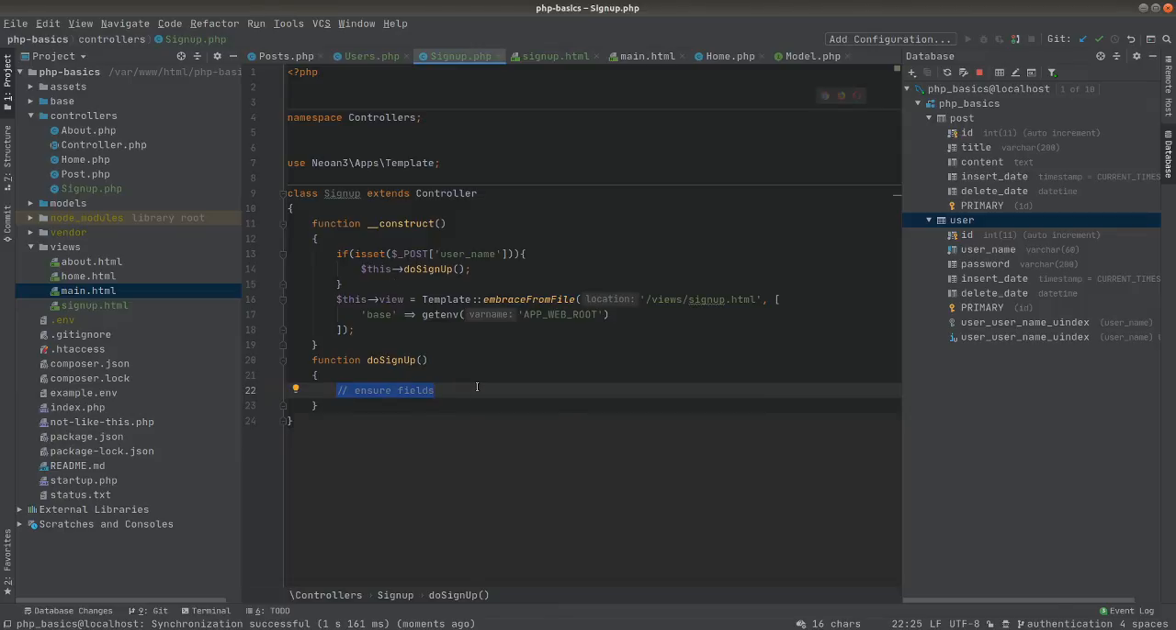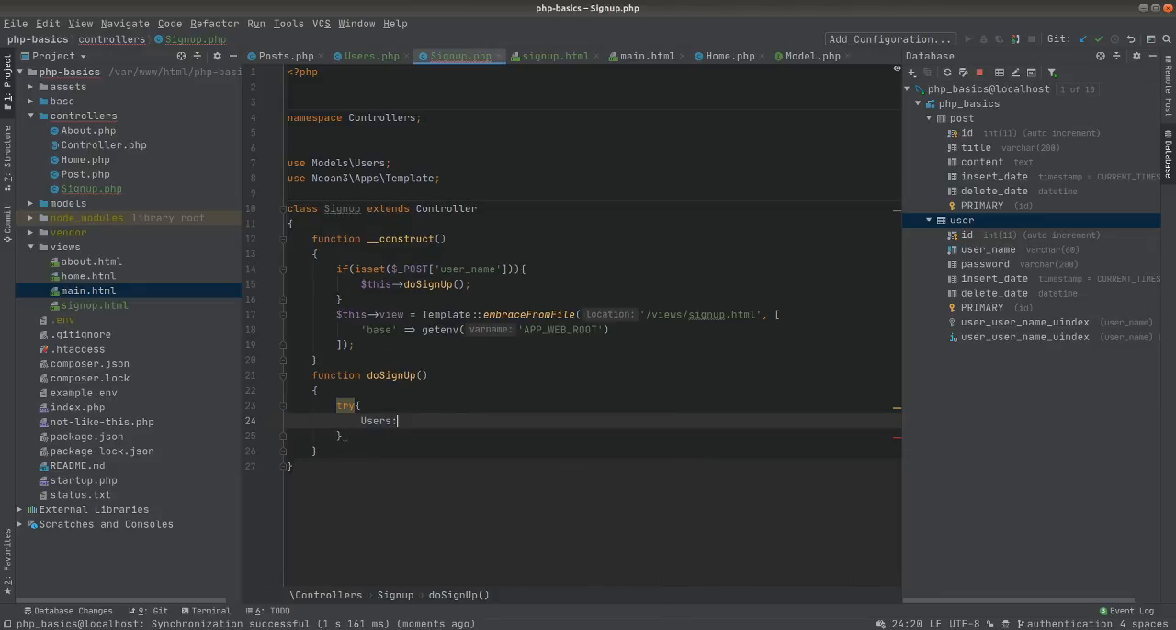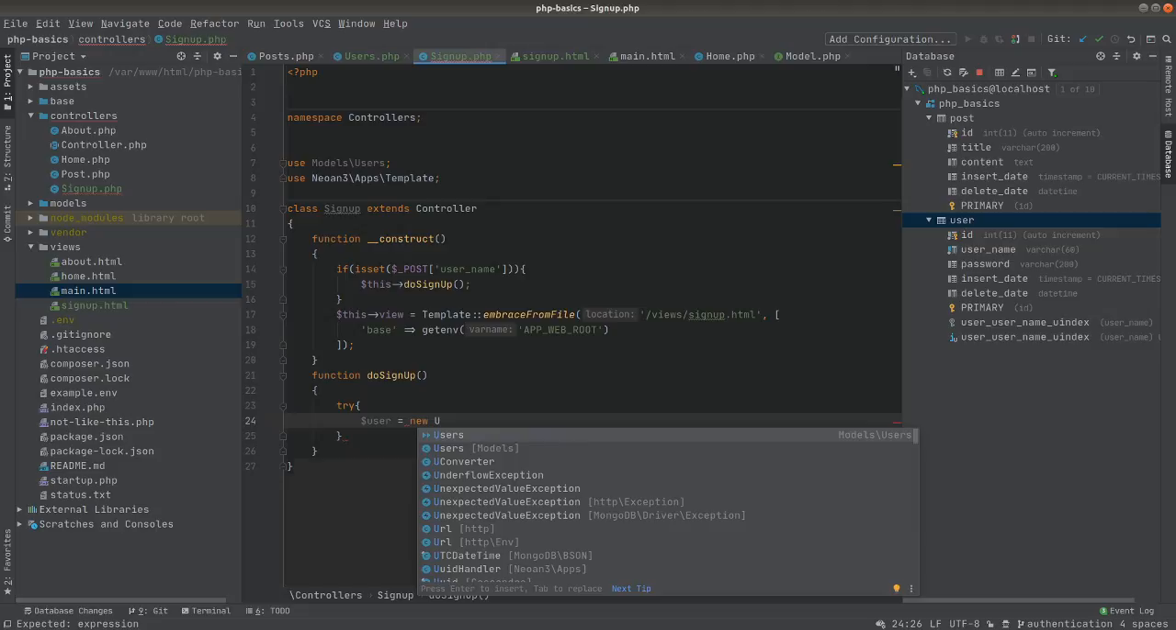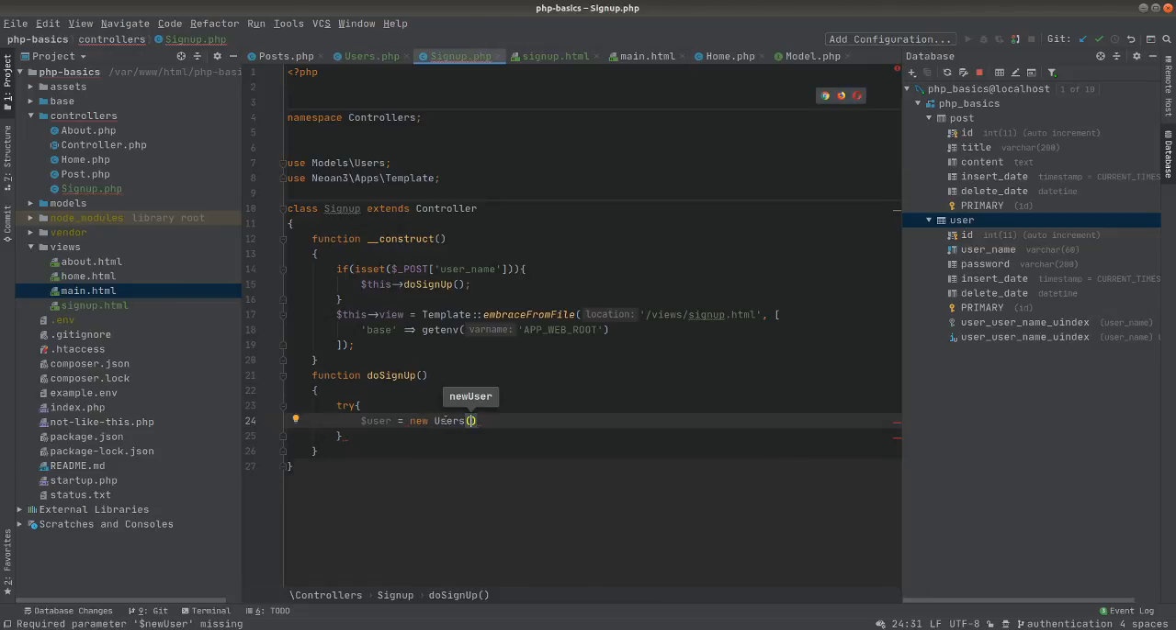So in the do sign up, what we're going to say is try. And what we are going to try is to say, okay, so in our users models, sorry, that's not even what I wanted to do. We're going to say user equals new users, right? And then again, be careful. So this happens automatically for me here, right? You might have to write it like this if you don't write in a use case, right? So new users, where I'm directly going to input post,